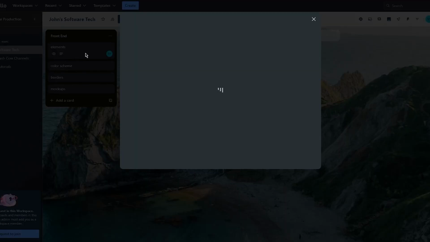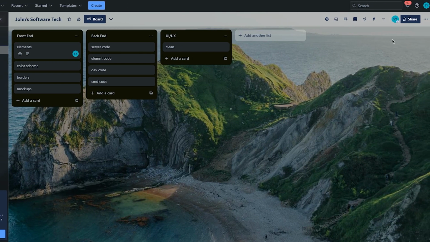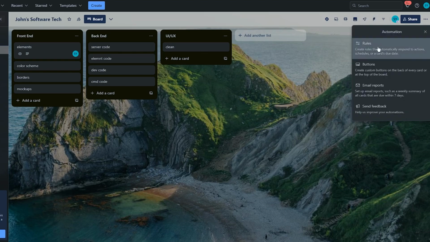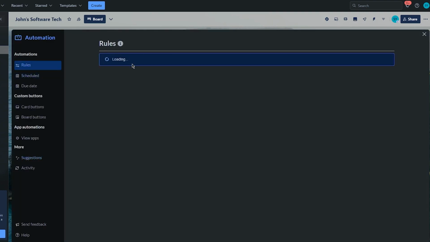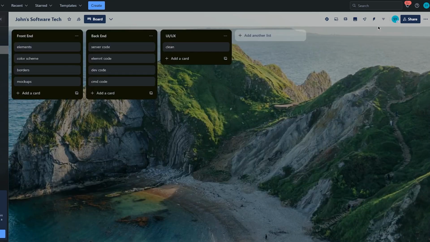All right. Then moving on, you can actually use different power-ups and automations for your project management as well. You can let people know what to do without them actually doing it. So first of all, I'm going to come over to automation. In automations, you can add different types of details and things, but more than this, I would prefer that